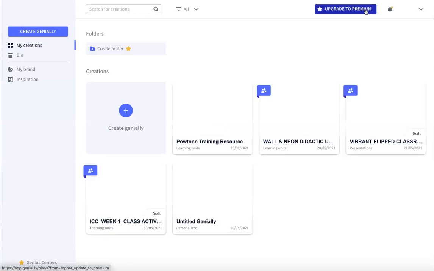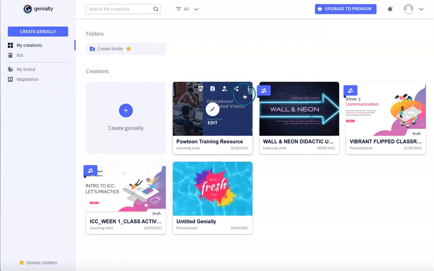So I'm going to show you the main features. When you log in, you're going to see creations and your dashboards. You're going to see also collaborative work that you might be working on with somebody. On the left-hand side, you're going to see my creations, bin, my brand, and inspiration. But I'm going to walk you through creating a completely new presentation, and show you what the